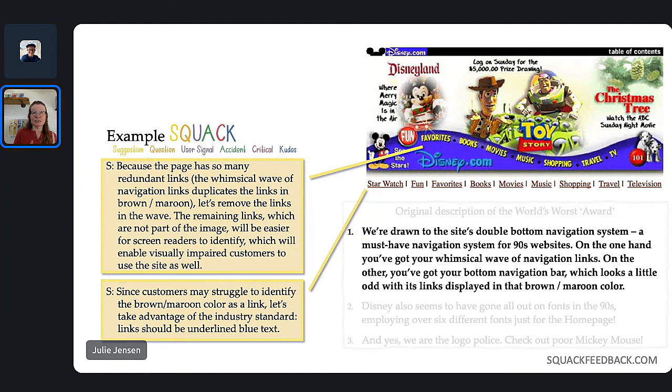Those two suggestions, I think, are a little bit more actionable, a little bit clearer, and something that, as a feedback recipient, I'm more likely to pay attention to than someone who's just kind of complaining about the navigation system for the 90s and not really being helpful to me to understand what actions I should take. We'll move on to the next sentence.